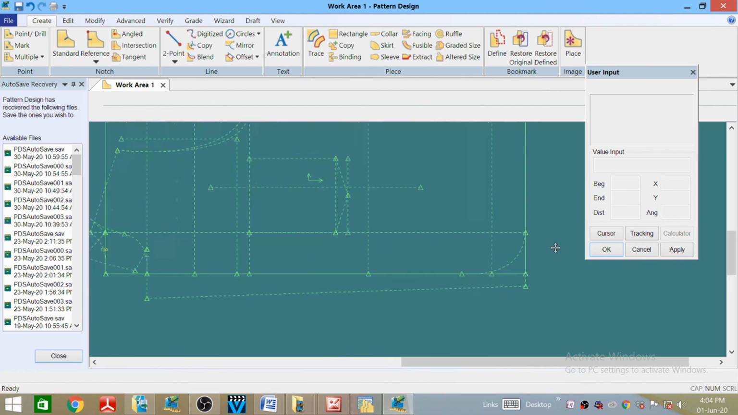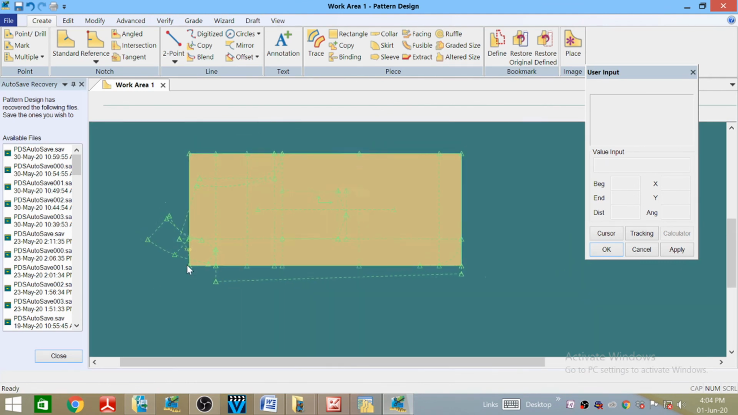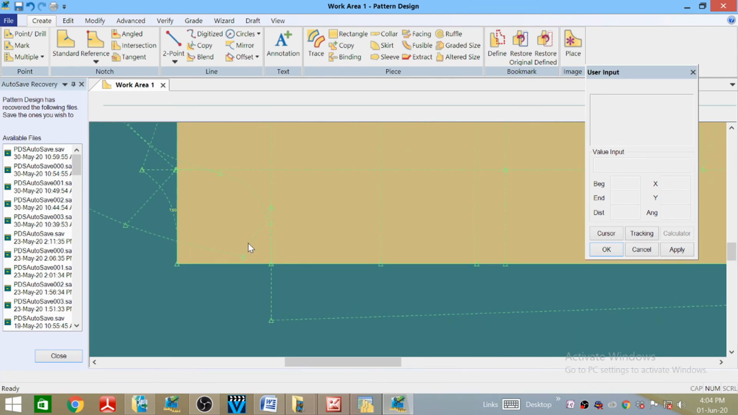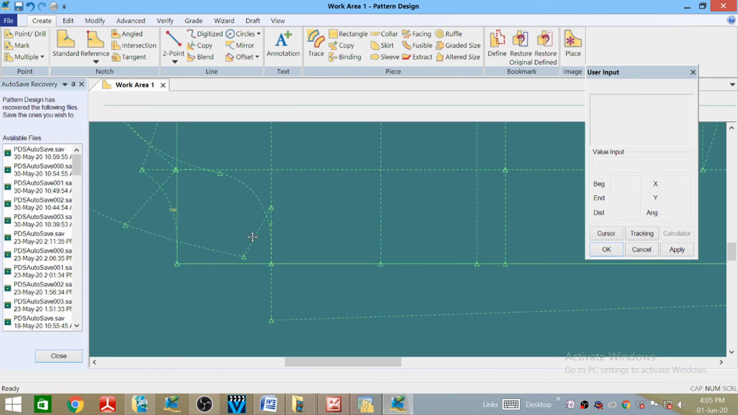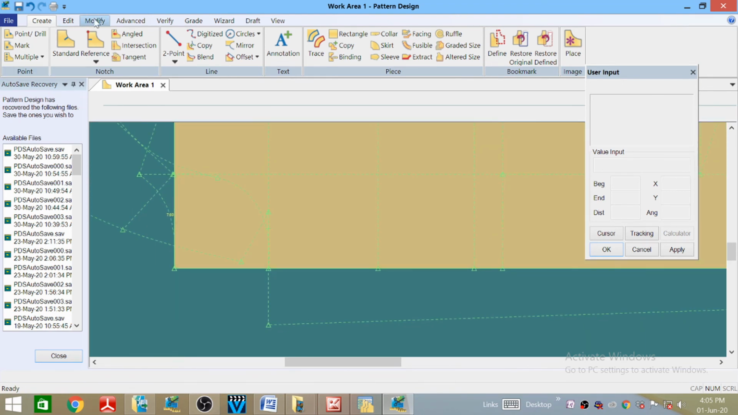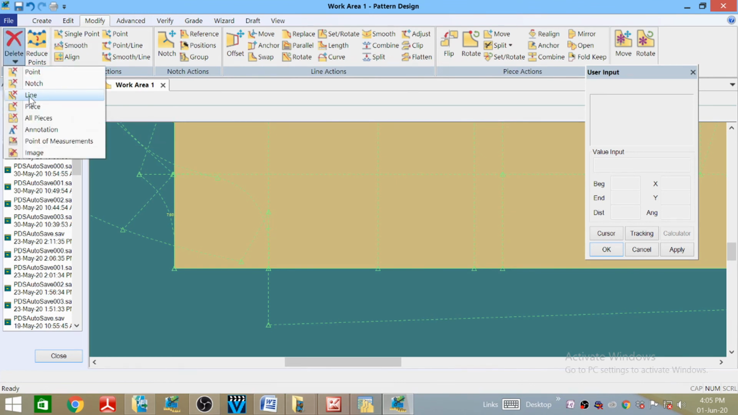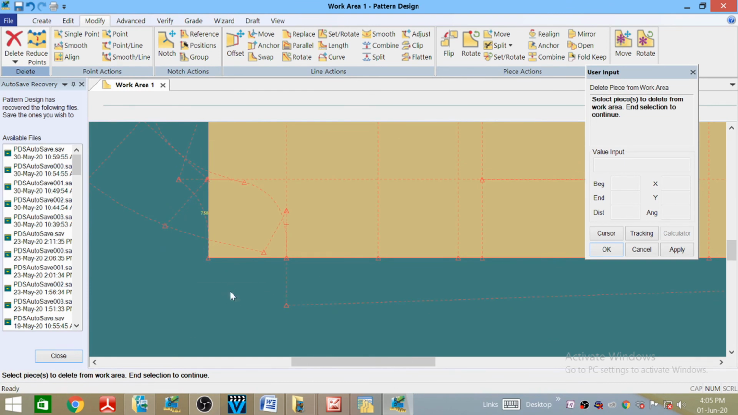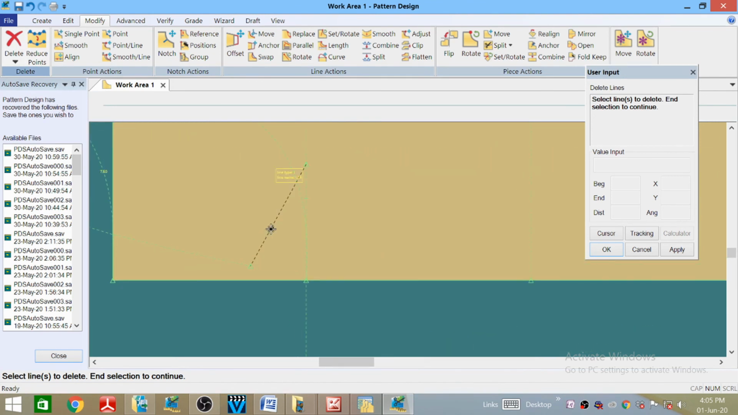Now you can see that. So further we have to do some changes over here. So what is, we have to delete this line. For that we have got to modify and line. You have to select cancel it, delete line, and we have to select this line only, and then okay, right click, and then